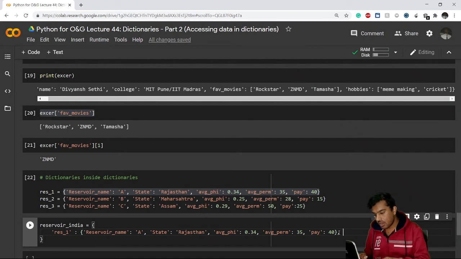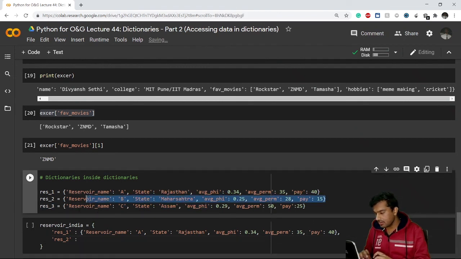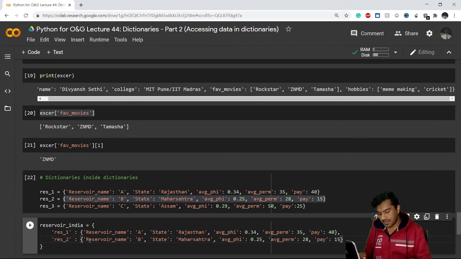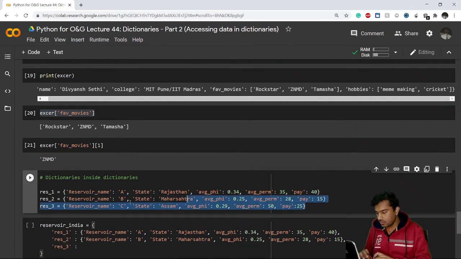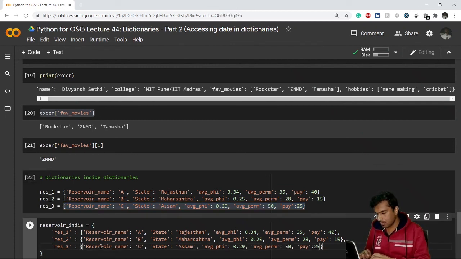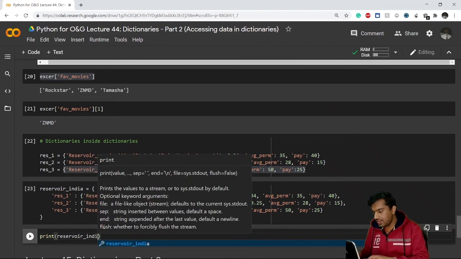Now you press comma because you have to enter the second key-value pair. So here you write your key second, that is your 2, put colon. Now what will the value be? This will be my value, right? Comma res underscore 3, then you write colon, and then you write the third value, that is this dictionary, right? Now if I execute this and print this dictionary, that is reservoir India,